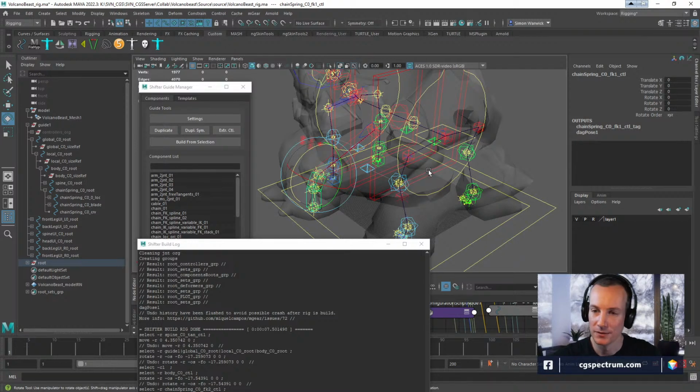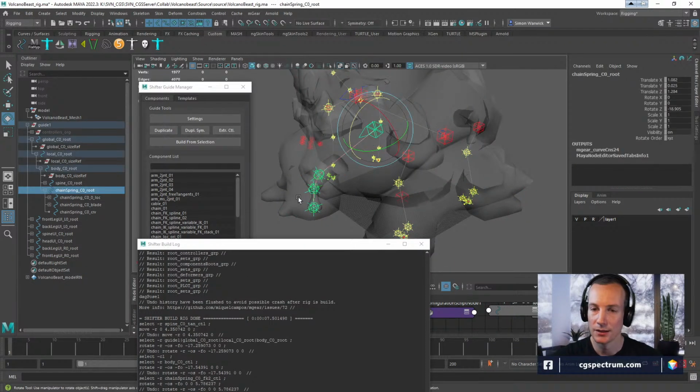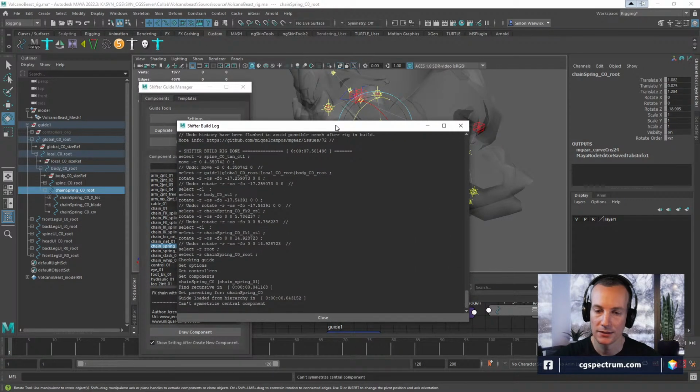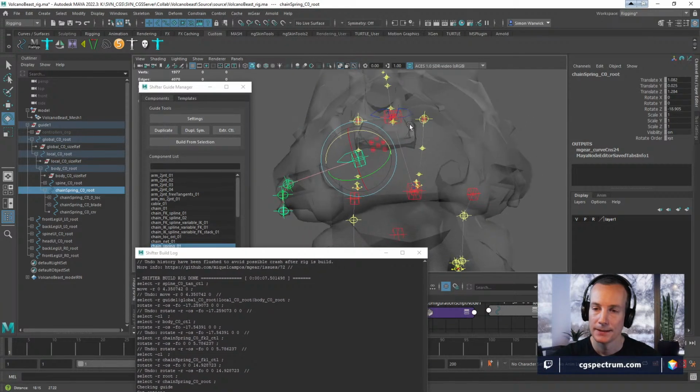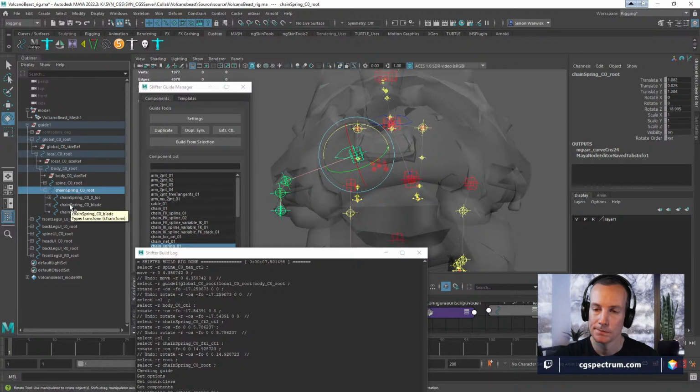And then what am I doing now? I'm going to try and mirror that over. So I'm going to get rid of what I just built. And I should be able to just say duplicate symmetry. And I don't think I have the right... Oh, can't symmetrize central component. He talked about this. I don't remember what the solution was.